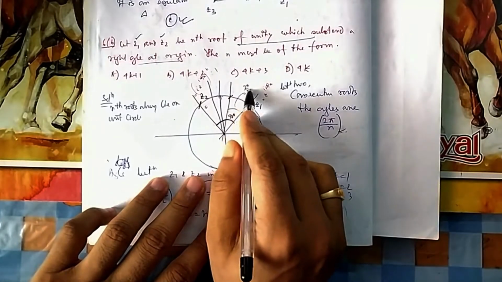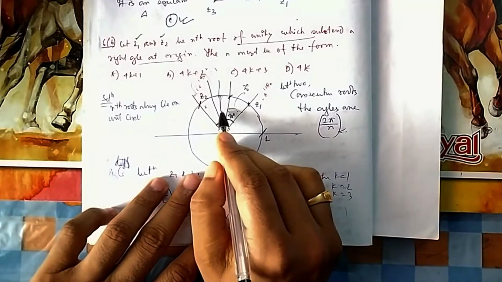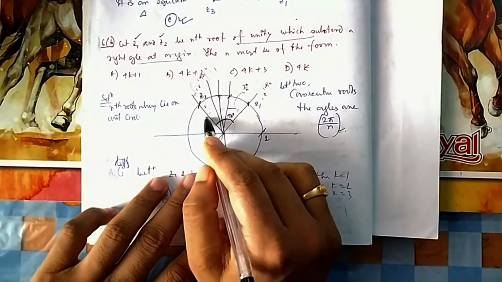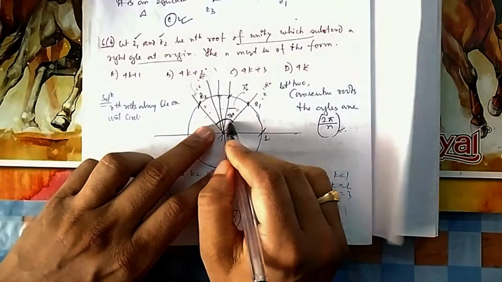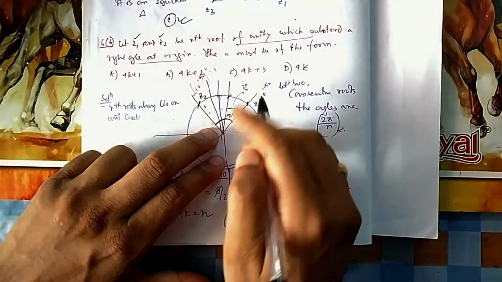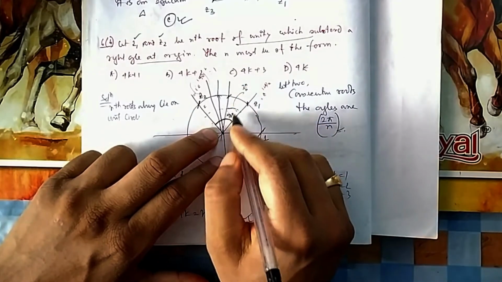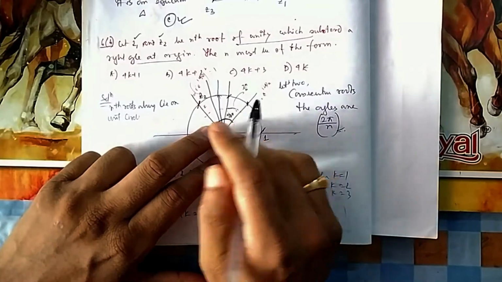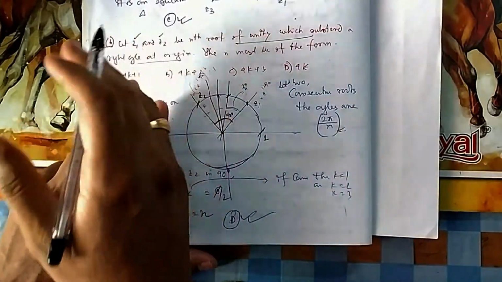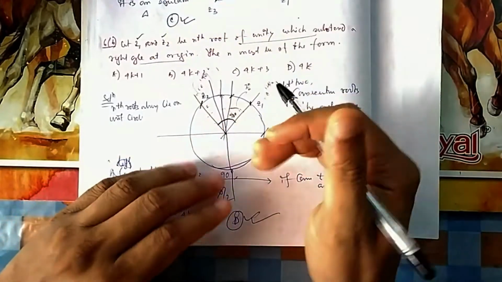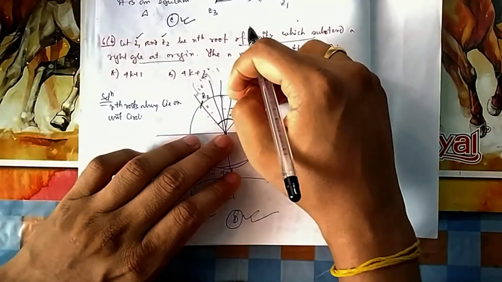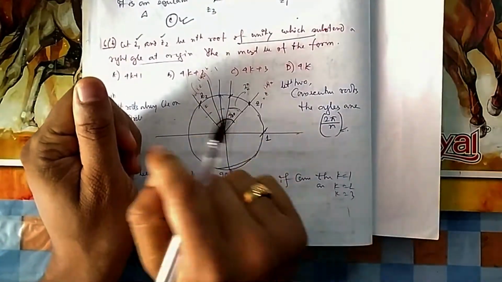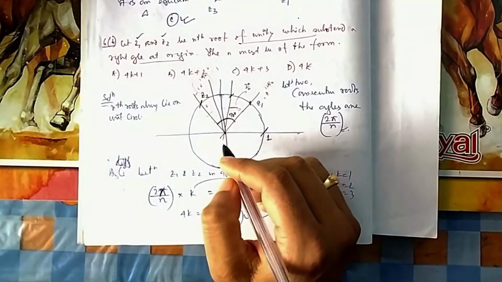So 90 degrees should be a multiple of this one. If there are 2, this plus this should give you 90; if there are 4, then this into 4 should be 90. Suppose you found that each angle is 30 degrees, then it is possible, 3 into 30. If each angle is 25, then the angle difference cannot be 90, because the roots will be at 0, 25, 50, 75, and the difference between them will never be 90, because it is not a proper multiple of 25.